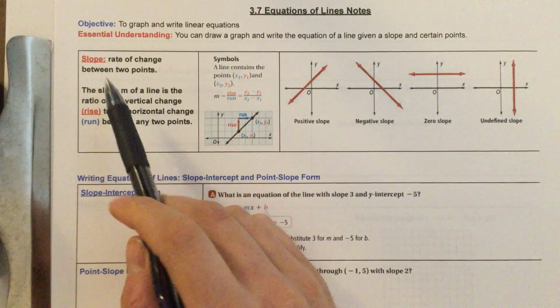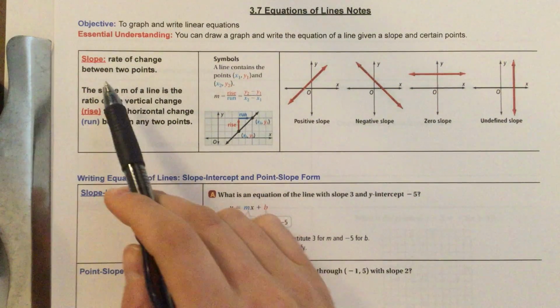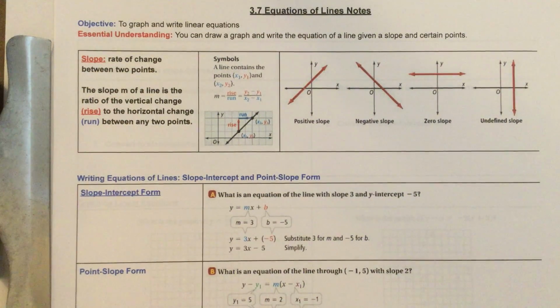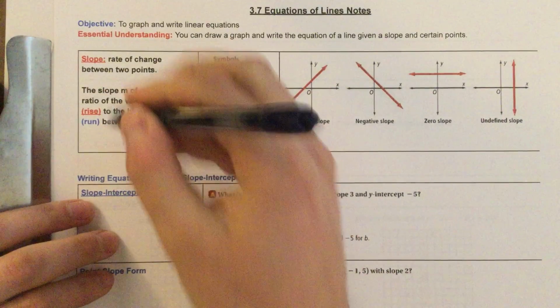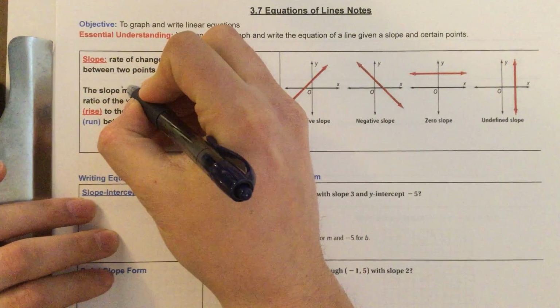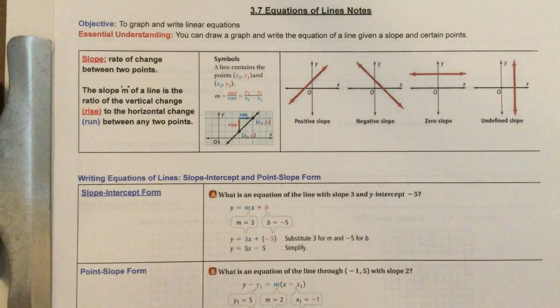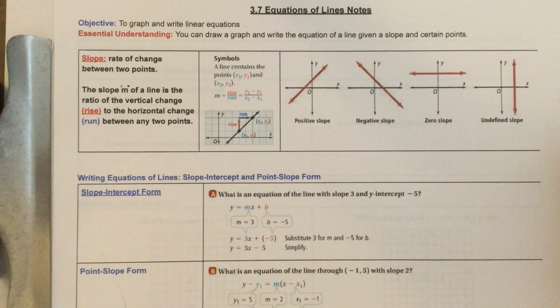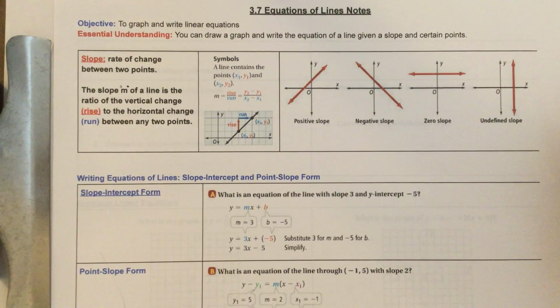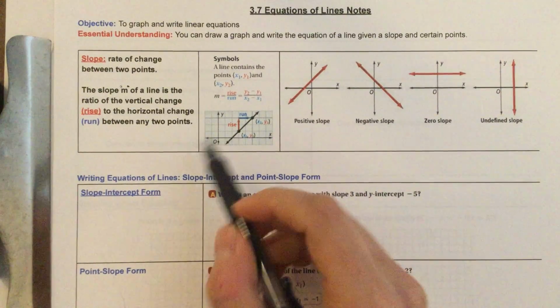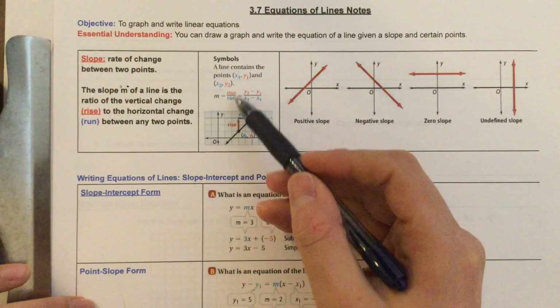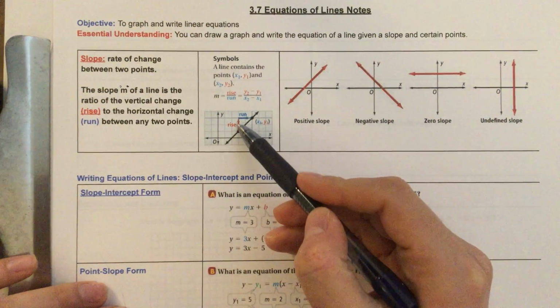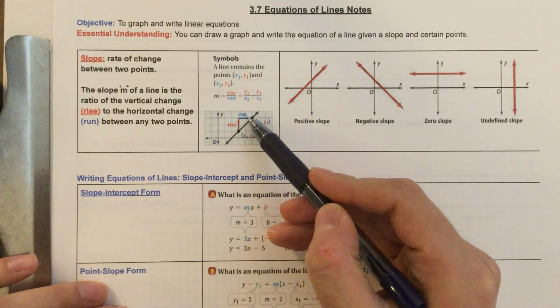So first thing we're going to look at is slope, and that is the rate of change between 2 points on a coordinate grid. The slope m, we use this letter m to represent the slope in our equation, is the ratio of the vertical change, or the rise, to the horizontal change, or the run, between any 2 points. We use this term rise over run to help remember that it is the vertical change over the horizontal change